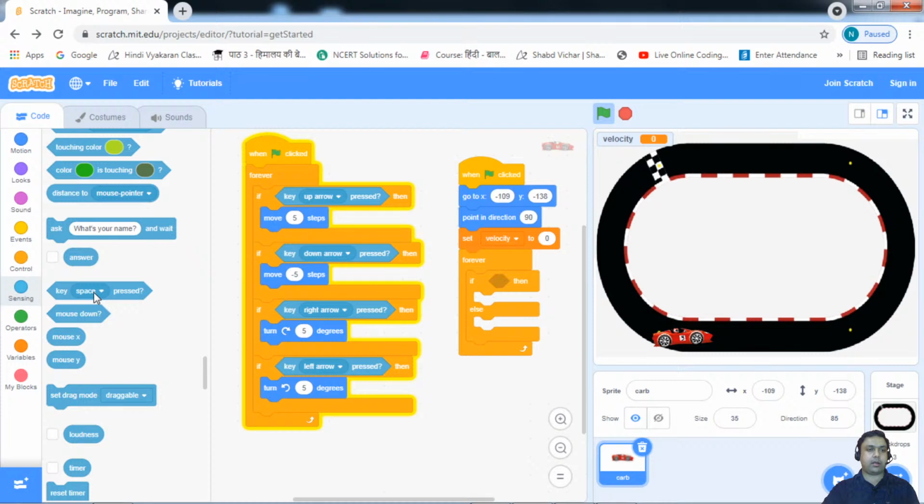Now we are going to define the variables with which we can keep a check on the laps elapsed by the car. So first of all, I would like to stop the game and bring this car back on its initial position. Now we can define two different variables over here using this make a variable option. So the first variable I would like to define is for a check on the half laps part. And let's now customize the